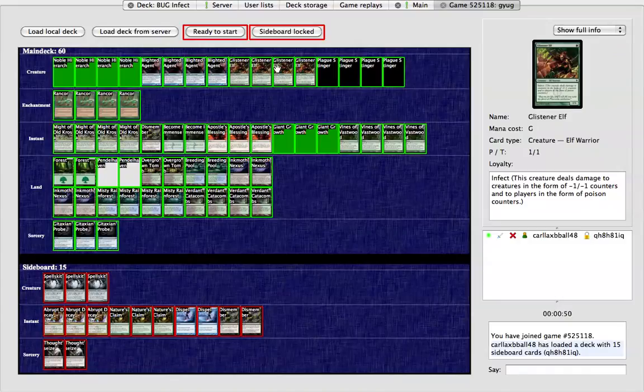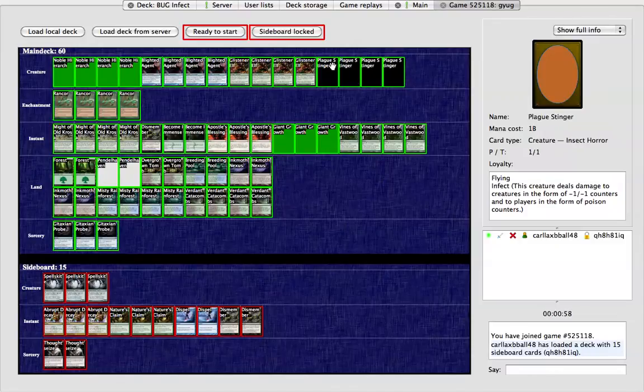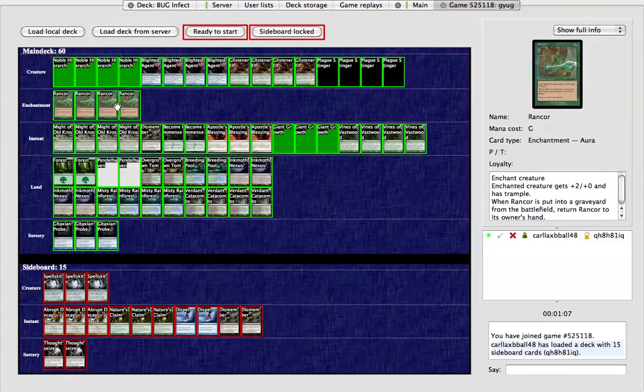Listener Elf, just 1/1 Infect for 1. Very good. Especially in this deck. You can win on turn 2 with this guy, which is really nice. Plague Stinger, 4 of, mainly for flying. Again, 2 mana for a 1/1 Infect with evasion. 4 Rancor,